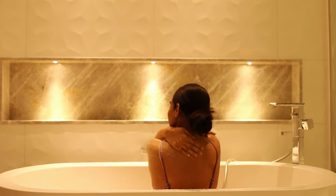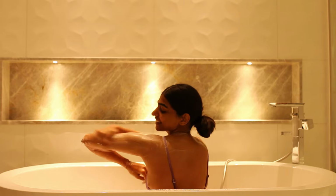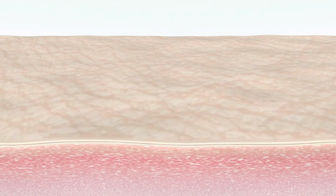I'll tell you, salicylic acid is really helpful in exfoliating the dead skin cells on the body. Now in the winters you'll be able to see that your skin gets whitish and then there is a lot of accumulation of dead skin cells on the body. So it is really gonna help you out there, and it is also not gonna make your skin dry. So I absolutely swear by this one. I have a bit of acne problem on this area, like the back of my hands, and it has really helped me in there. So you must give it a try. It is an exfoliating agent. So yes, make sure that you use this one this winter season, and believe me,